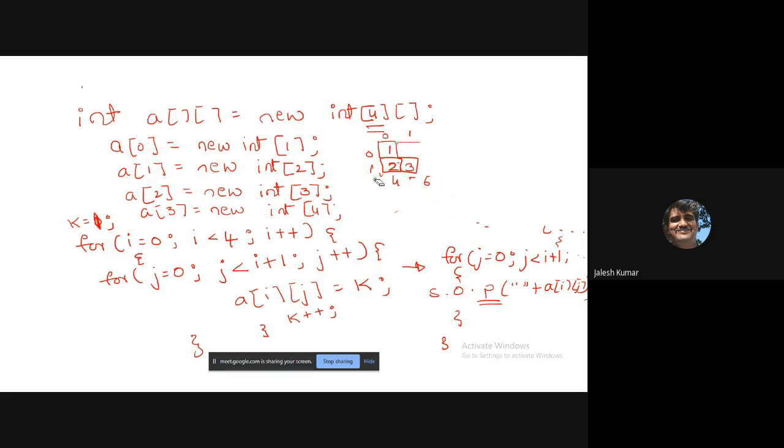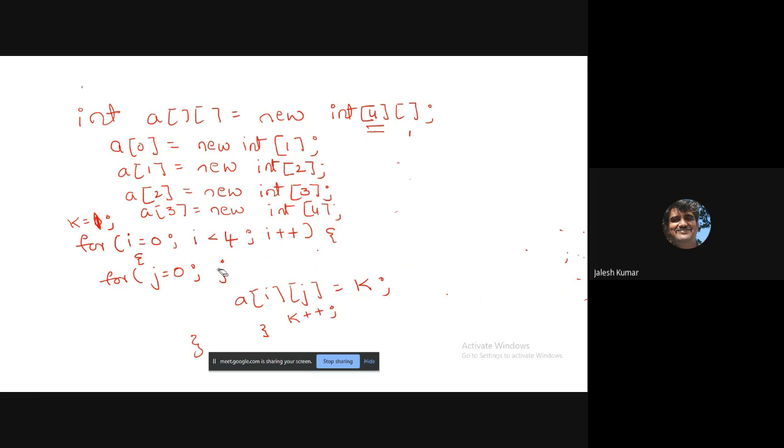I'll erase this particular information. This is the logic of how to handle the locations, because you already know that the allocation is like this. So how to trace that allocation, that's what I showed.